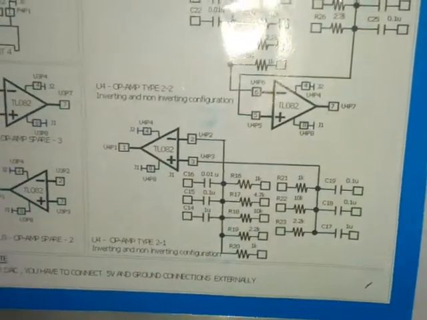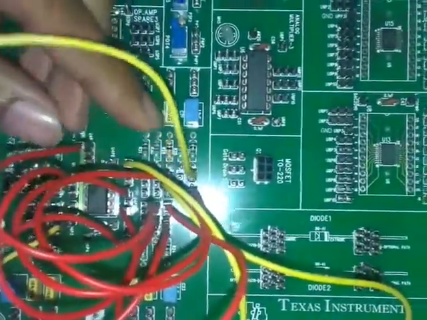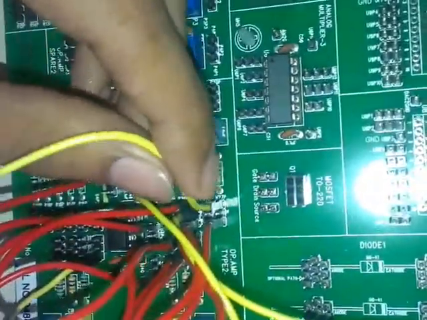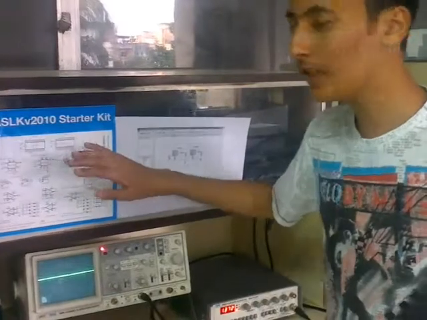According to the circuit given to us, we have connected the circuit in our kit and we are giving the input to the U4 P3 pin and we are taking output across R27P, which is a 1 kilo ohm resistor. While implementing the pin diagram and the hardware implementation, we faced quite a lot of difficulties.